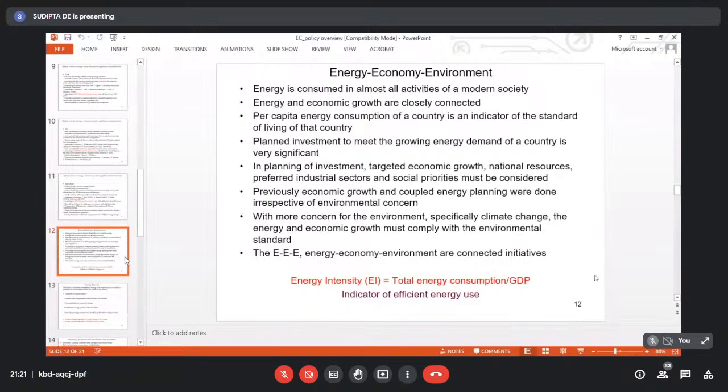Anyway, so electricity supply tariff in the agricultural sector has to be rationalized. Otherwise, the energy wastage will be there. A lot of energy wastage will always happen. So the coupled energy planning, previously economic growth and the coupled energy planning were done irrespective of environmental concern. And environment has added up to this difficulty even more, because previously whatever you have the economic growth projection, and you have the so-called energy planning, means how much extra capacity addition has to be there with respect to your expected economic growth. That has certain correlations, and you can plan for those capacity addition per year, and say over the 10 years we will add some